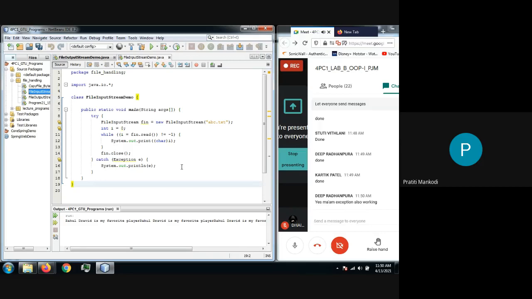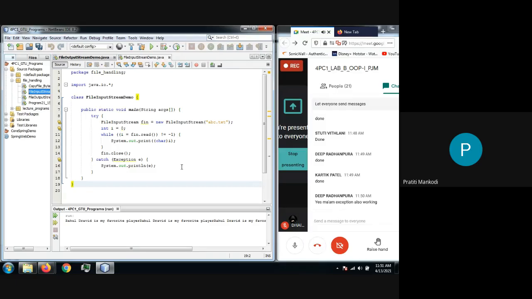So okay, let me do one thing now. I'm giving you one task in 10 minutes. Those who have already completed both the things should be able to do it. What I'm telling you is to copy a file. Write a program to copy the file. That means you have to open a file in the read mode, read the content, and write that same content in another file. Are you getting my question?